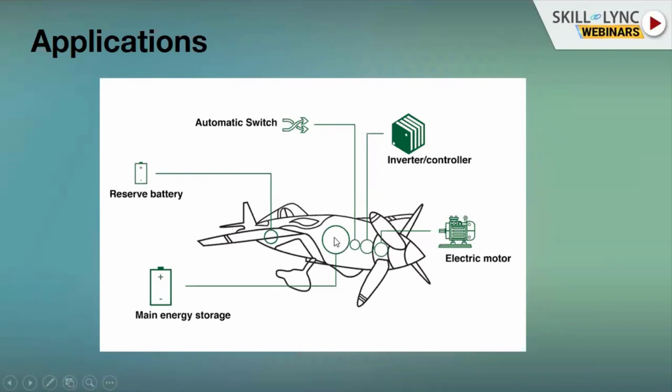Now, from the battery, the available energy, as I've told earlier, is going to be in DC. So this particular DC power has to be converted to AC. So we bring in our power electronic controller, which is nothing but your inverter. The inverter converts this DC to AC, which is used for propelling the electric motor, which propels the aircraft.